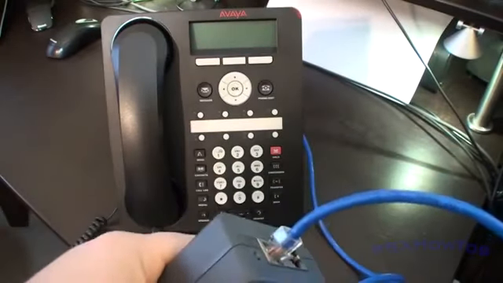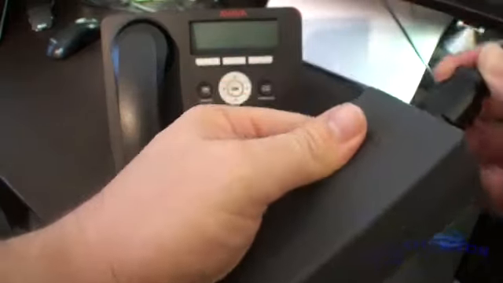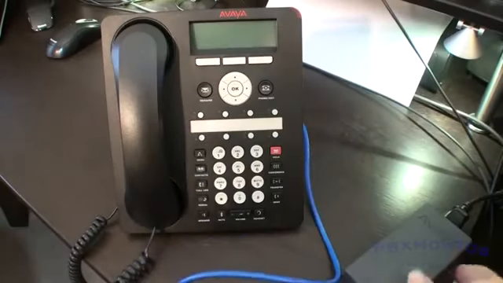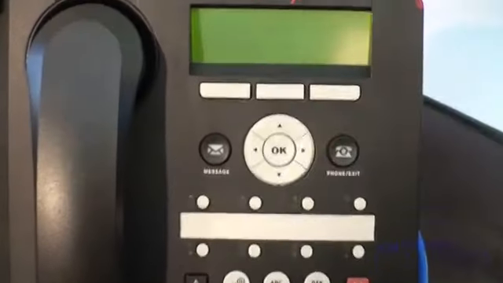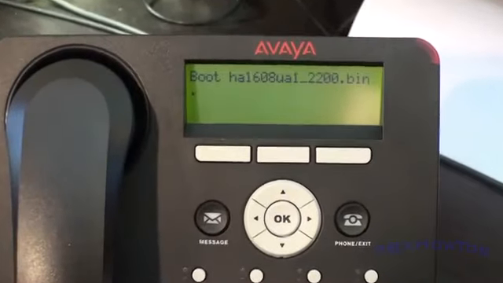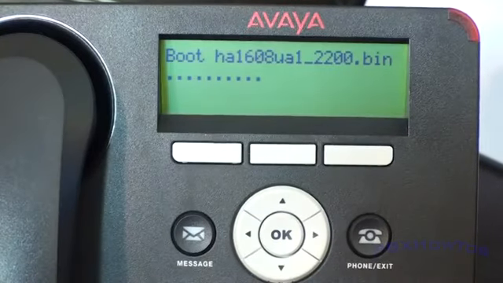Then I'm going to hook up my actual network connection right there. And then I'm going to supply power to the phone. Alright, so now as this phone powers up, and I'm going to zoom in, you can see the green screen comes on, and I can tell right away this is an older firmware, and I want to upgrade this because